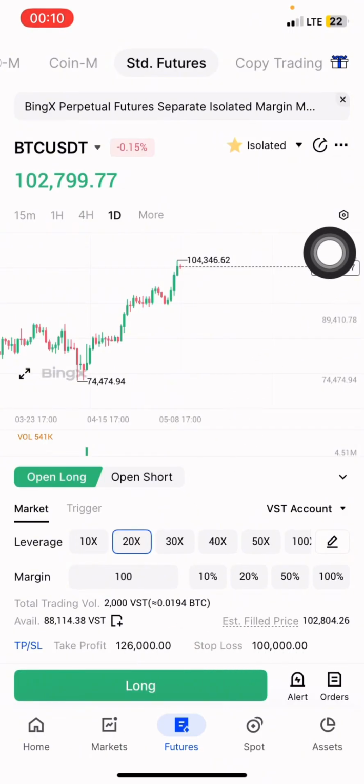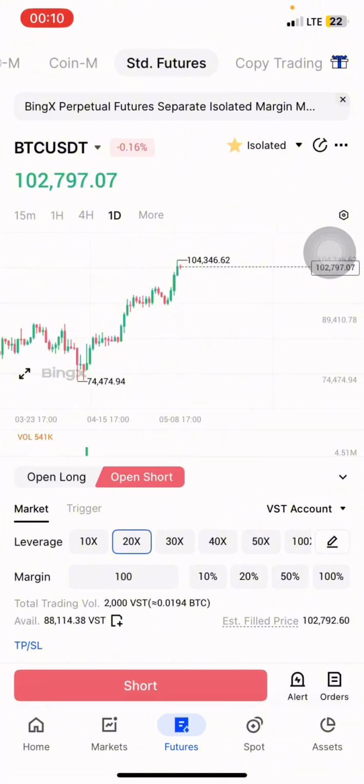Now if you want to short sell, which means you want to sell, for example, you just click on sell. Let's say you've been able to do your analysis and you've gotten an analysis that BTC is going to sell to maybe $85,000, for example, or let's say $74,000. Let's use this figure that we're seeing here. Let's say BTC is going to sell to $74,000, and then your stop loss is going to be around